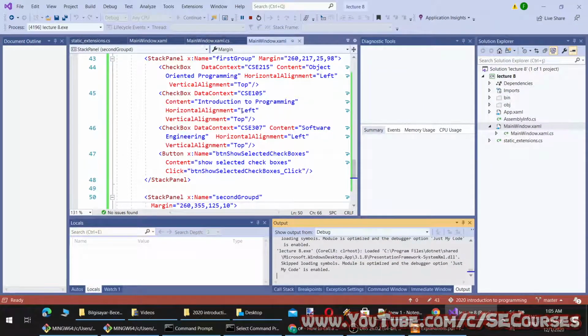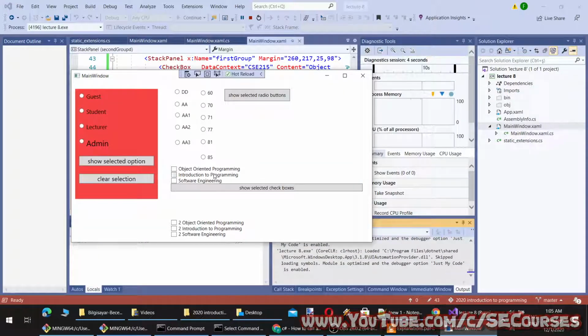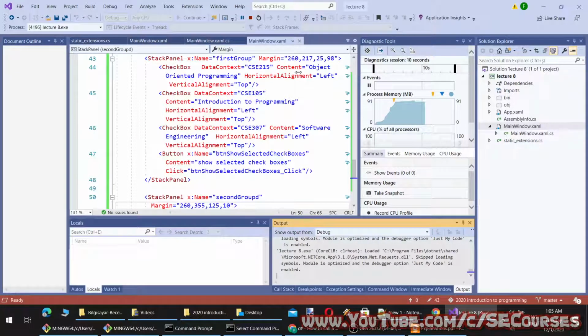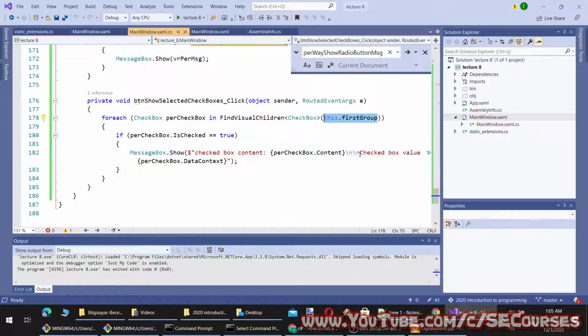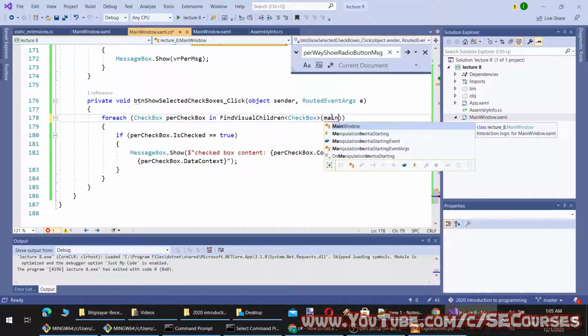I will show you how it will work without that restriction. So now it works like this, and I remove them and add this. You see nothing happens. However, if I provide it like this, by the way, this means main window. So you can use it as the object of main window.